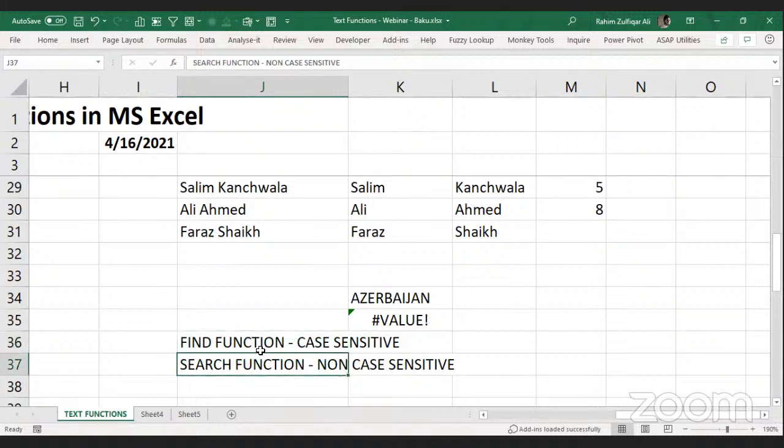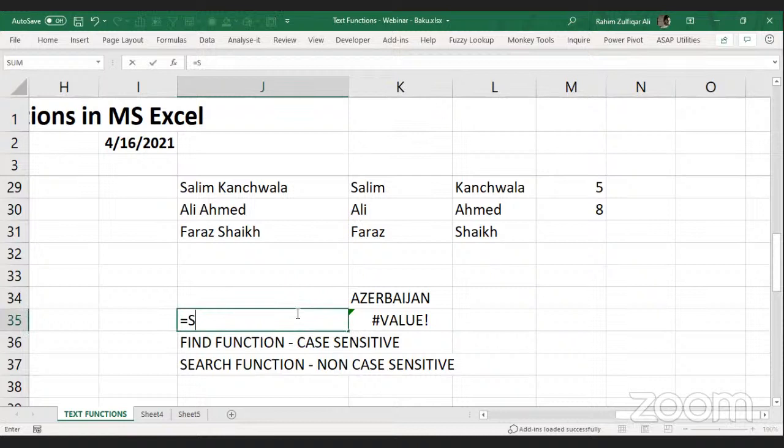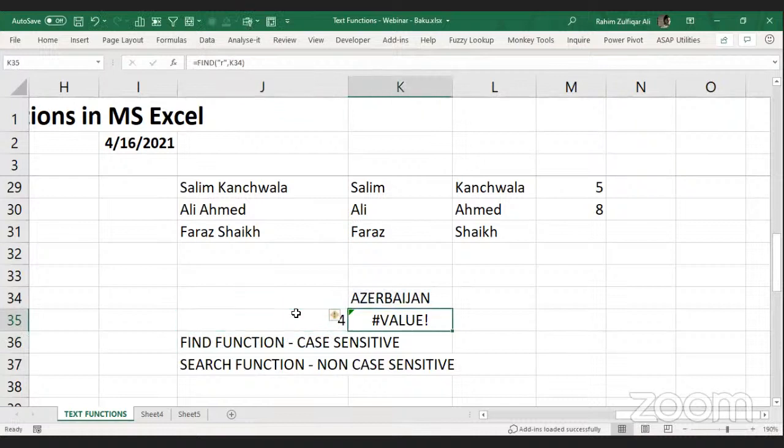Okay, so I hope that the find function is clear. If I write the search function and say find the R in the word Azerbaijan, it returns me 4. And if I write in small letters, it still gives me the response, right? Whereas find will not give me a response. Now, coming to the question: if we need to get to another R, what would we do in that case? So let's take